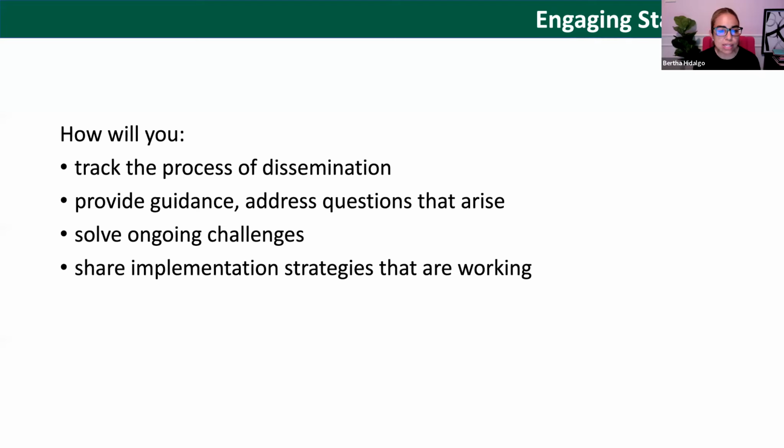Track the process of the dissemination. Because there are no gold standards at this time, it's really important for you to think about all of the different steps. If you've ever worked in a lab, you know that you keep a lab journal and you document every step of the process, exactly how many micrograms you used and at what time the experiment was conducted. These are all data that you need to collect so that you can go back and evaluate. Yes, this worked. No, this did not work.